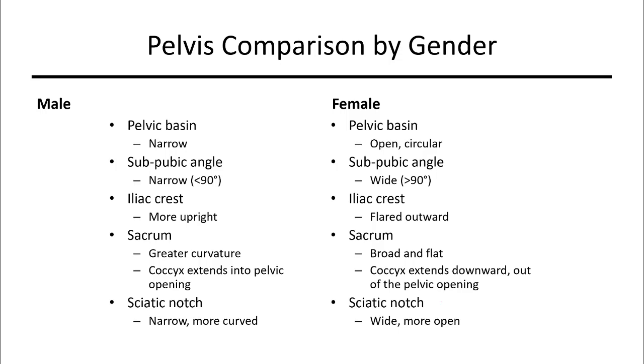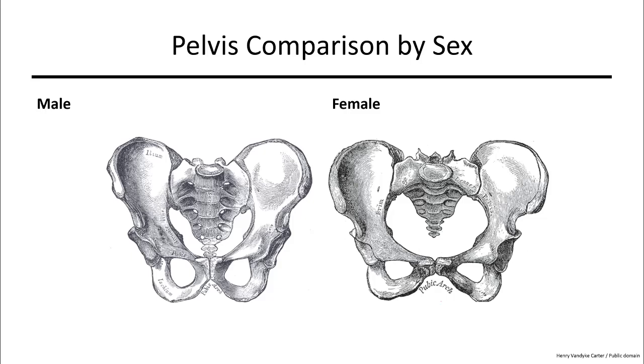When we compare male and female pelvises, this is the list, but it's a lot easier to show you. On this sketch, we can see the male has a much narrower pubic arch, where the female, that pubic arch is much wider. Then the ultimate pelvic basin for the males is much narrower than the wider pelvic basin for females. And even the way that the iliac fossa fans out is much more in females versus it being a bit